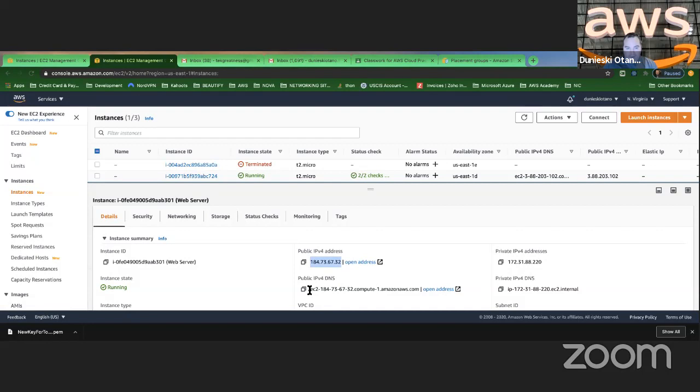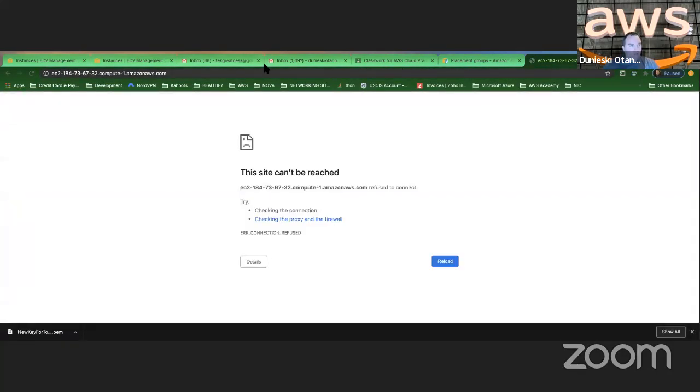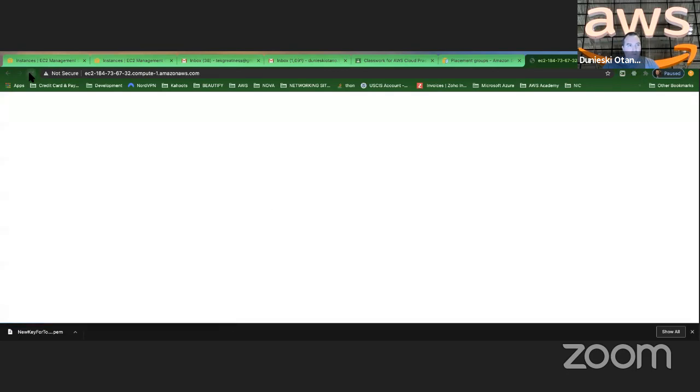So the one that will always remain is this one. So this is the one that I should always use. Okay. So if I just copy that, sometimes it takes some time. Okay. And if it refuses to do that, I can simply